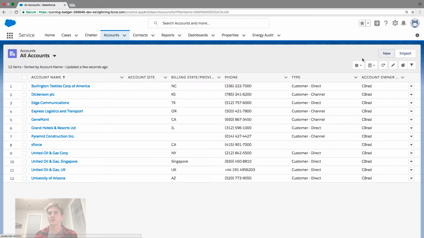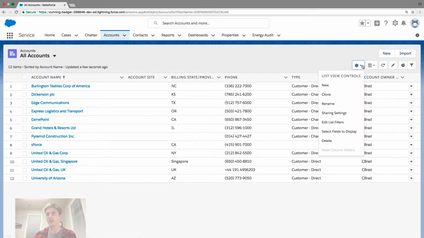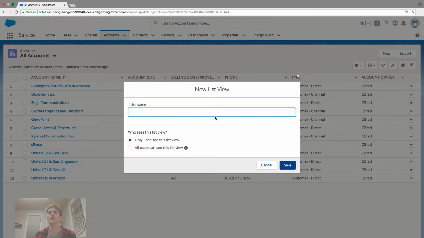List views are a way of narrowing that down, or accounts that are owned by a specific owner if you work in teams. You create new list views by clicking this little gear icon over here, and you just hit new. Then you give it a name. So we'll just call this one, well actually,